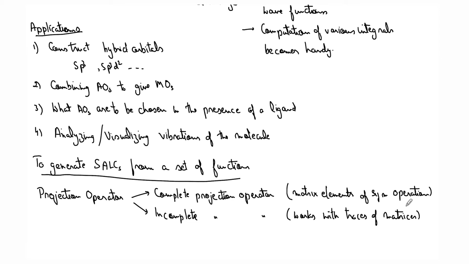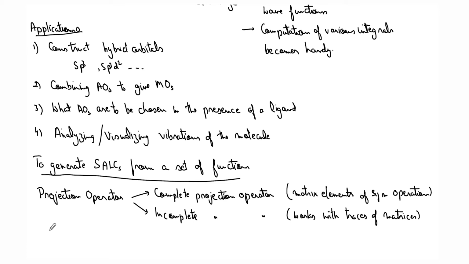The representation of symmetry operations. So what is the difference between complete and incomplete? Why do we use matrix elements? If we do this complete calculation, it is tedious, but it gives you complete details of SALCs without any human intervention. That is, you can write a program and do this complete calculation by itself. The incomplete projection operator will give you partial combinations and the workload is less, but to obtain the complete set of SALCs, human intervention would be required.